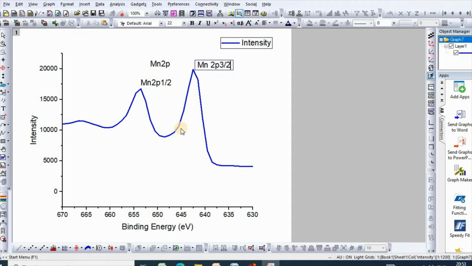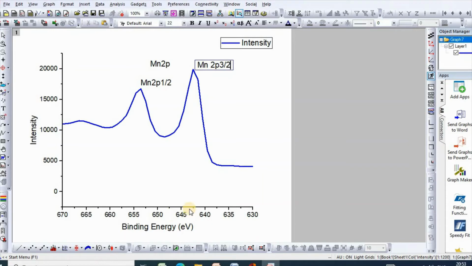The difference between the binding energy from this peak to this peak is nearly 11 point something, which indicates the presence of a pyrolusite sample.